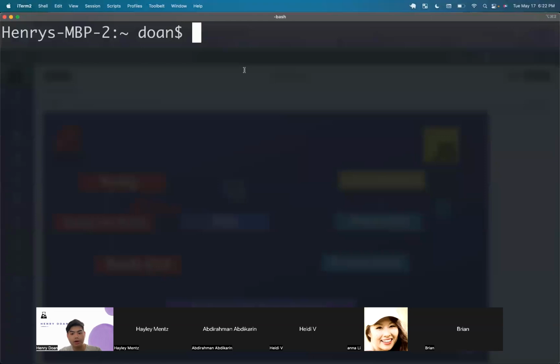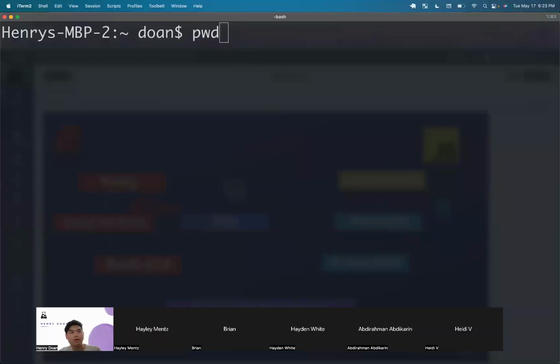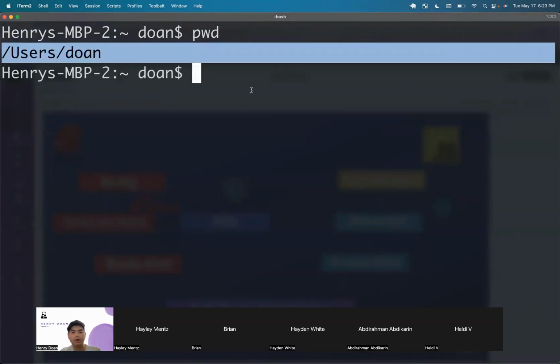So does anyone know the command to know where you are inside of the terminal? Go ahead, Brian. PWD. Yeah, PWD. Do you agree, Hayden? I think so. Yeah. Sweet. So PWD means print working directory. If you don't know where you are, you can just run that, and that will show you where you are inside of your